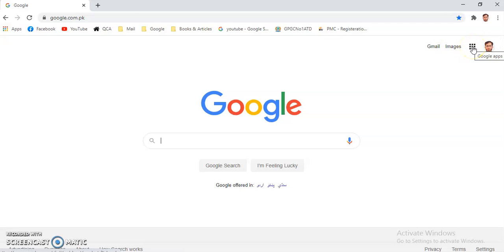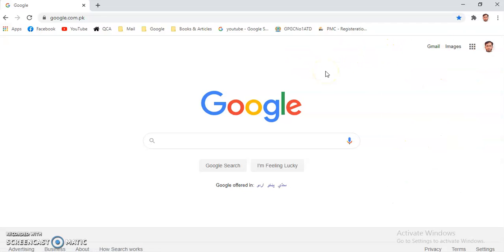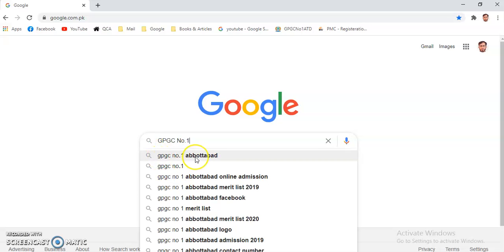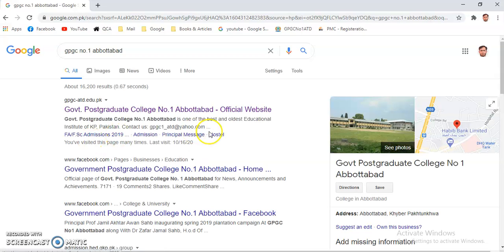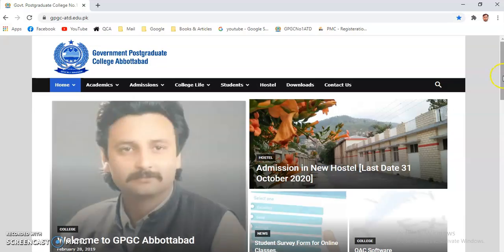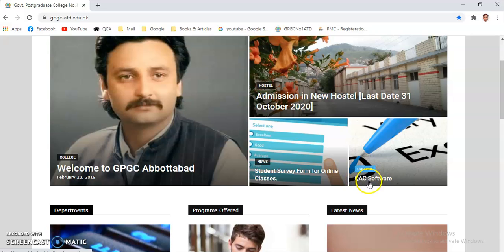After this, if you want to use the software designed by Awais Shah Sahib, you need to go to the GPGC number 1 Abbottabad website. So how can you access it? You can type here GPGC number 1 Abbottabad, official website. As you can see here, official website, click here and then scroll down. Somewhere here is the quality assurance software, so this one. So click on it, and